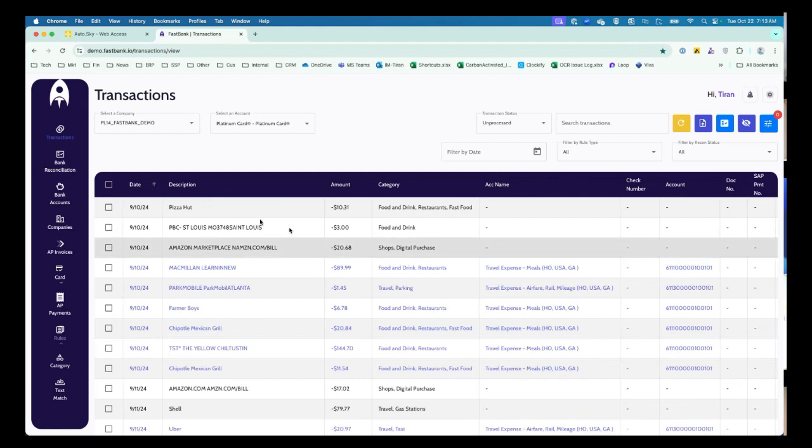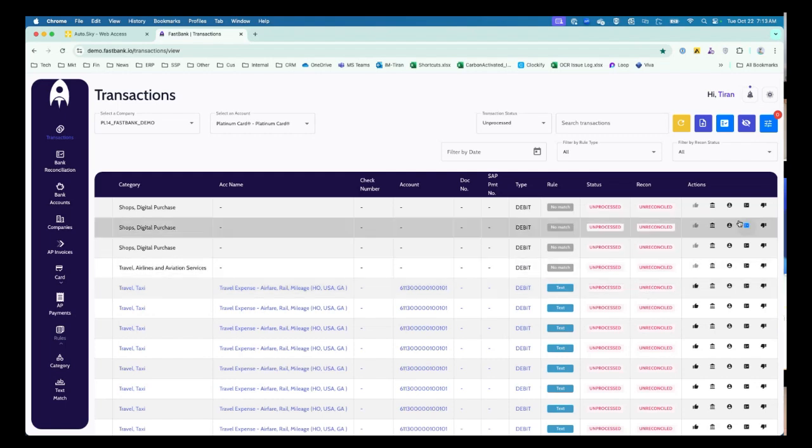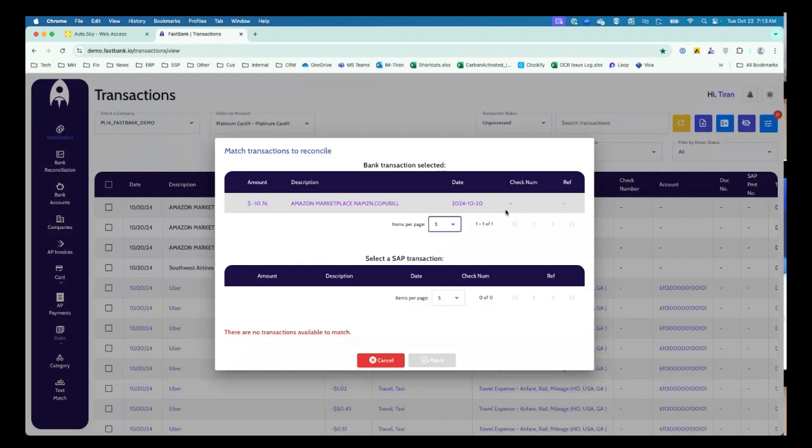Another thing that we can do also, let's say, for example, if you are using your SAP, let's go and do it by date, filter it, and let's say you made a transaction posting in SAP, you made an outgoing payment, and that comes through the bank. This may not be applicable on the credit card side. I can also go and look at and assign that against an open document that was inside SAP. Let's say this Amazon 1076. You have made this payment or transaction in SAP, you can match. Why? Then it is going to allow you to do the automatic bank reconciliation, which I'm going to go to in a bit. Okay, makes sense so far.